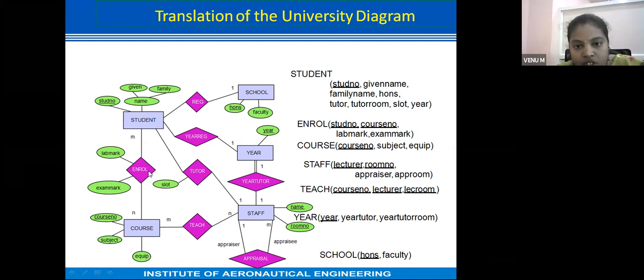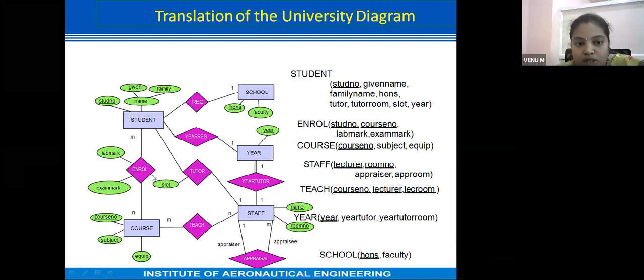Enroll is one relation, right? What attributes does enroll have? Student number and course number, because it is a relation between student and course. Those two are the common attributes for enroll.